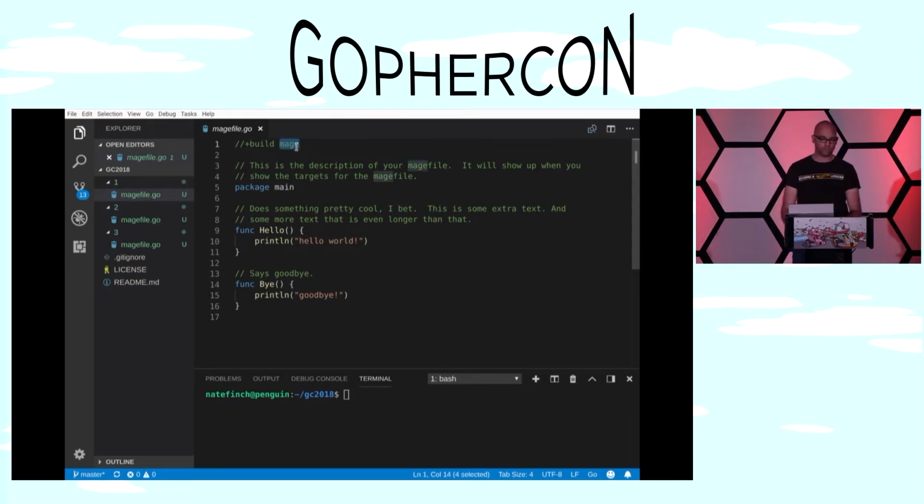What Mage does is it looks for files in the current directory with that tag, and only those files, and it builds them. It generates a main function that does all the magic and lets you call these functions. Functions are exactly like make targets. They have to be